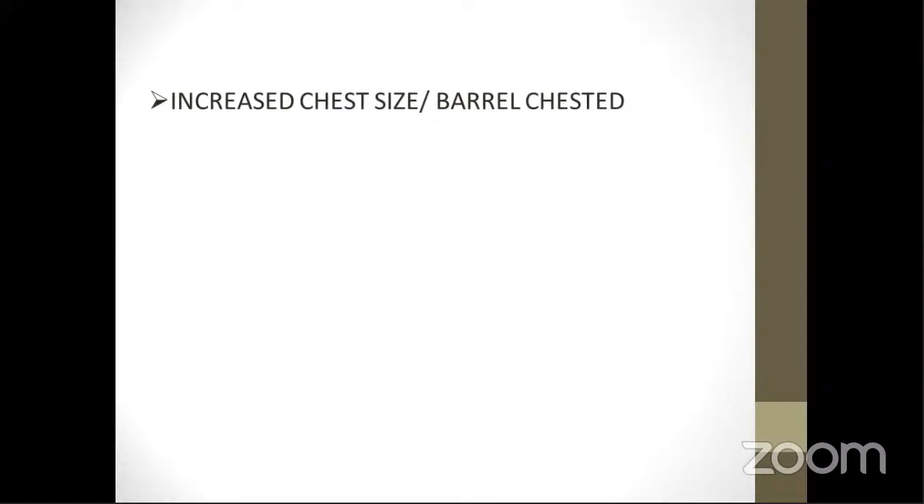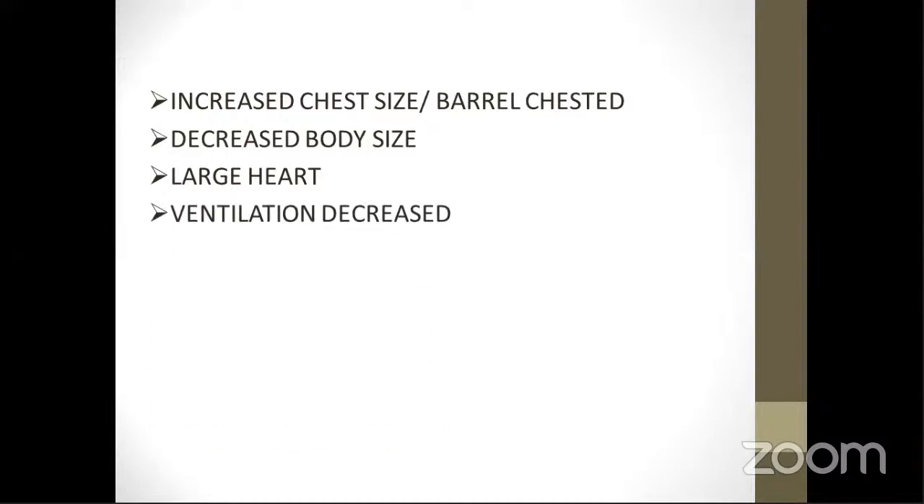And there are certain other changes. These changes seen in these natives are increased chest size. Their chest will be barrel-shaped to increase the lung volume. Okay, but their body size is decreased. And there will be large heart or cardiac hypertrophy. And ventilation is decreased when compared to an acclimatized person. അപ്പോൾ ഒരു അക്ലിമറ്റൈസ്ഡ് പേഴ്സണെ കമ്പയർ ചെയ്ത് നോക്കുമ്പോൾ the ventilation of these natives will be less than that of acclimatized persons. Okay,